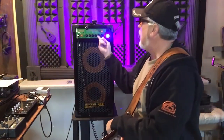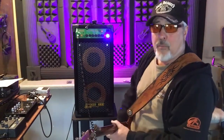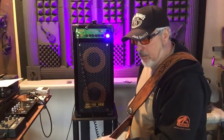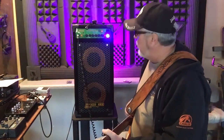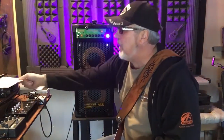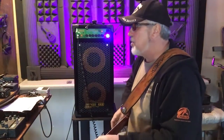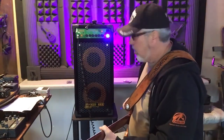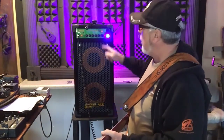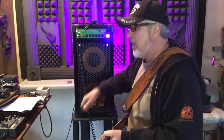It does emulate the old SVTs, which I used to play until I got sick of hauling around 100-pound cabinets and 100-pound amps. Good thing was I got some big arms from it. So that's 100% on the VLE, the Vintage Loudspeaker Emulator. And as I'm listening, I think I would like it at about 50%, but I'm going to shut it all the way off, and we'll go over to the